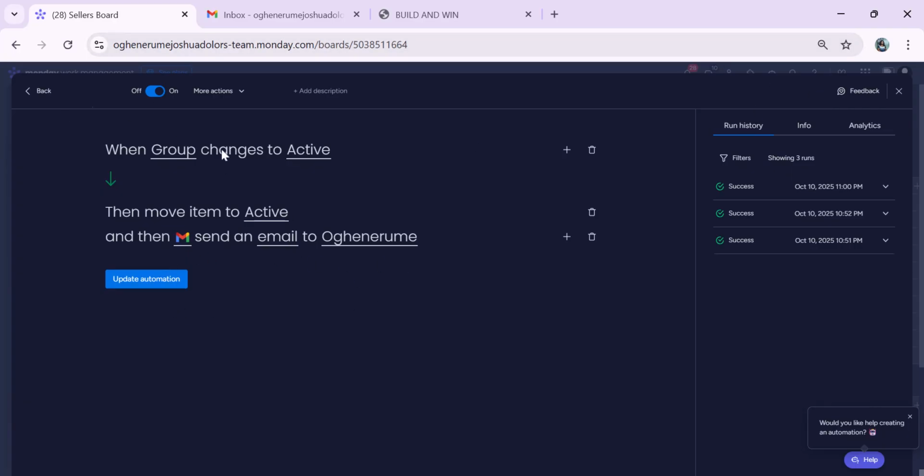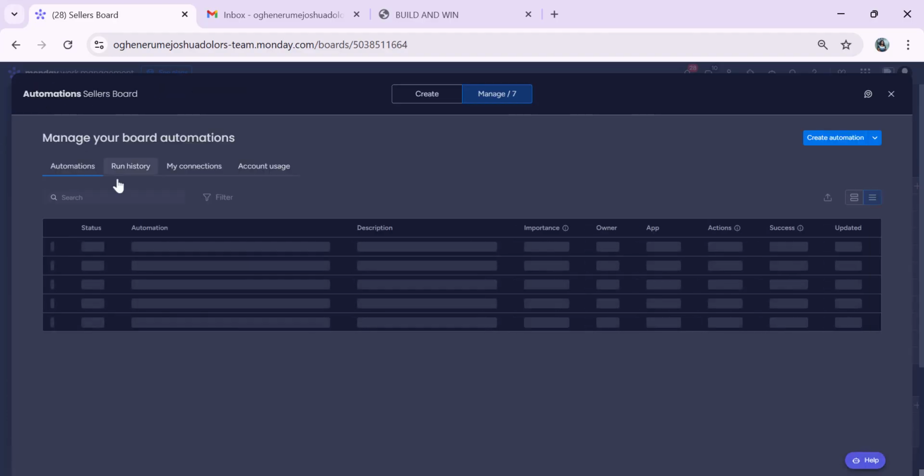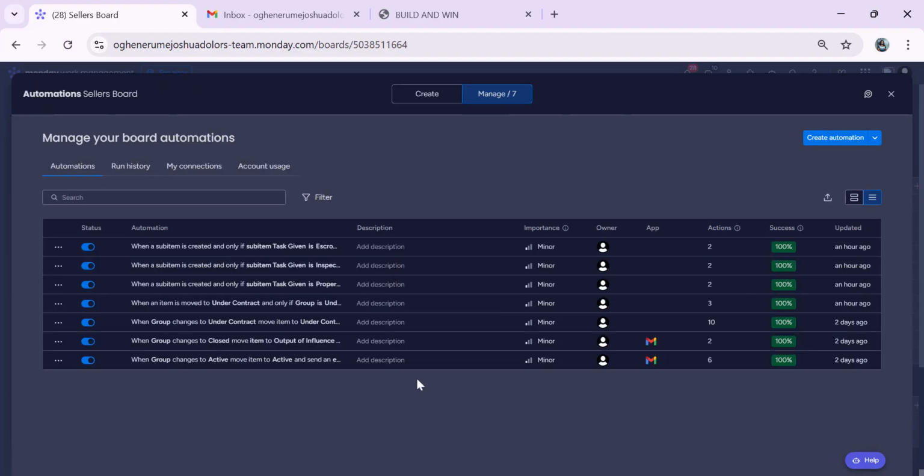Now, for this real estate, active here means when the client is willing to buy the property, or when the seller is willing to sell, it should be moved to active. But we want to automate it. We don't want a situation whereby it will have to be manually inputted all the time. So we have created this automation. So whenever a buyer or a seller is active, that person should be moved to the active